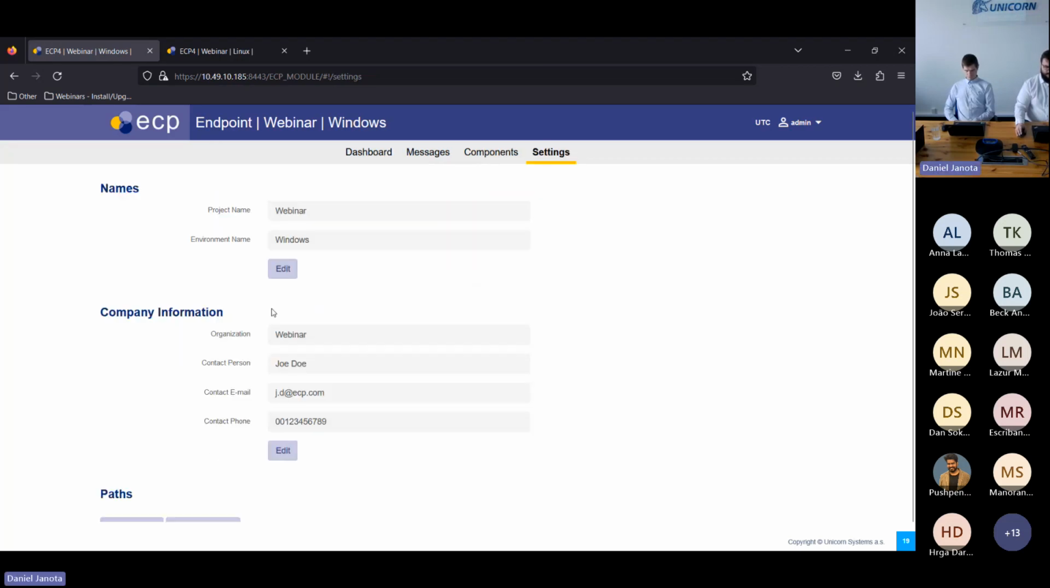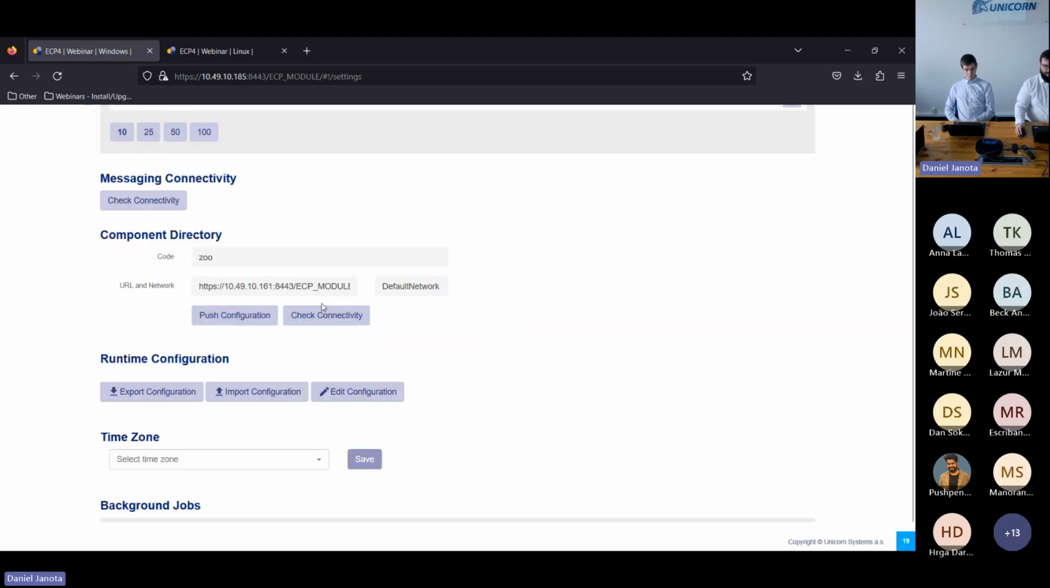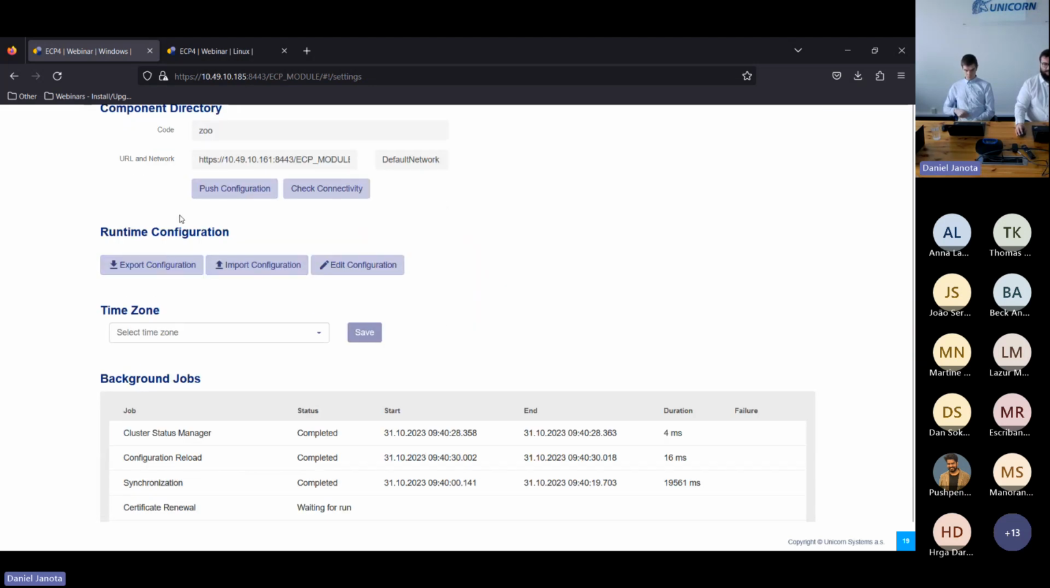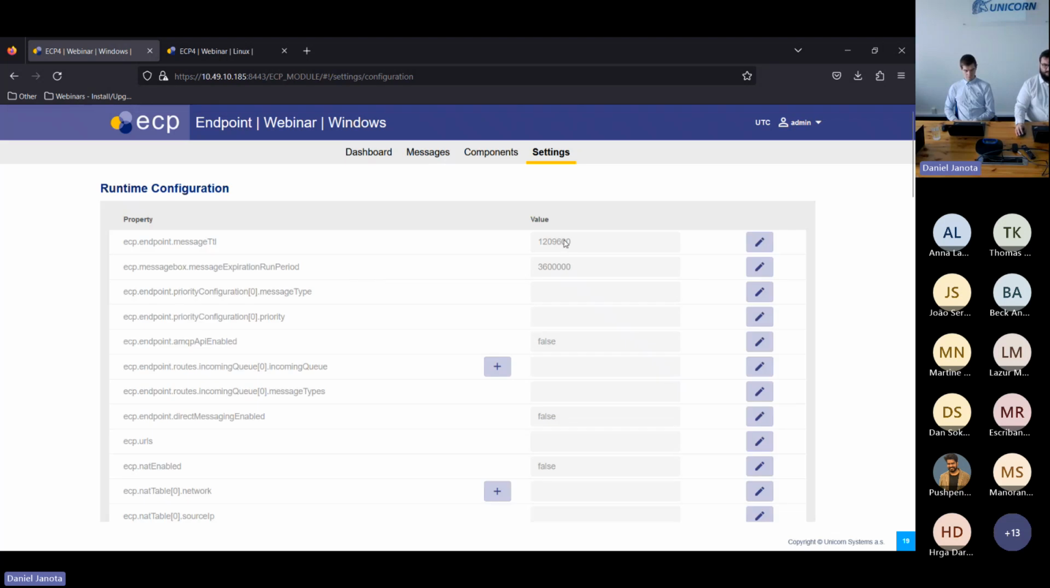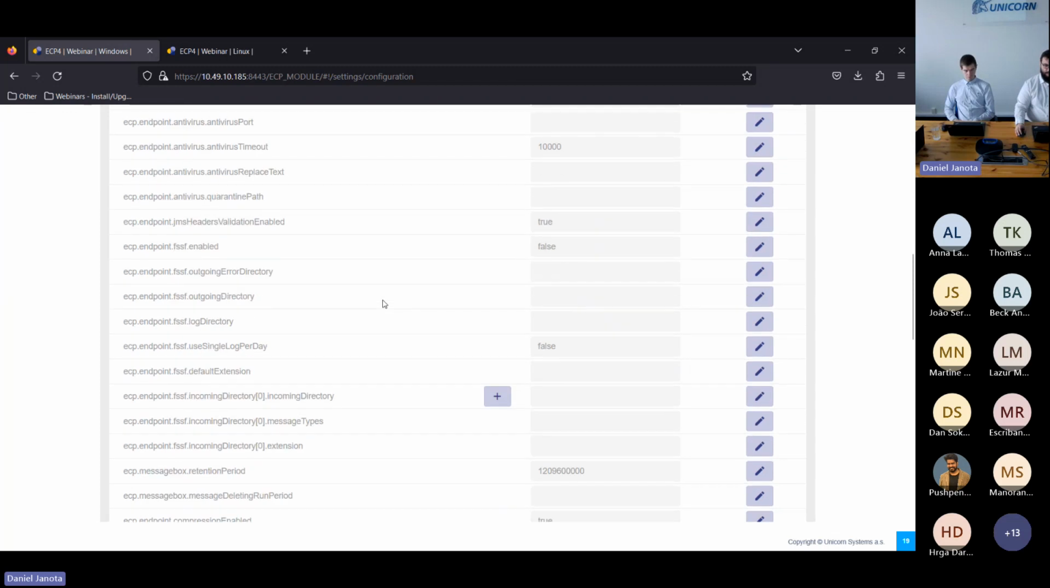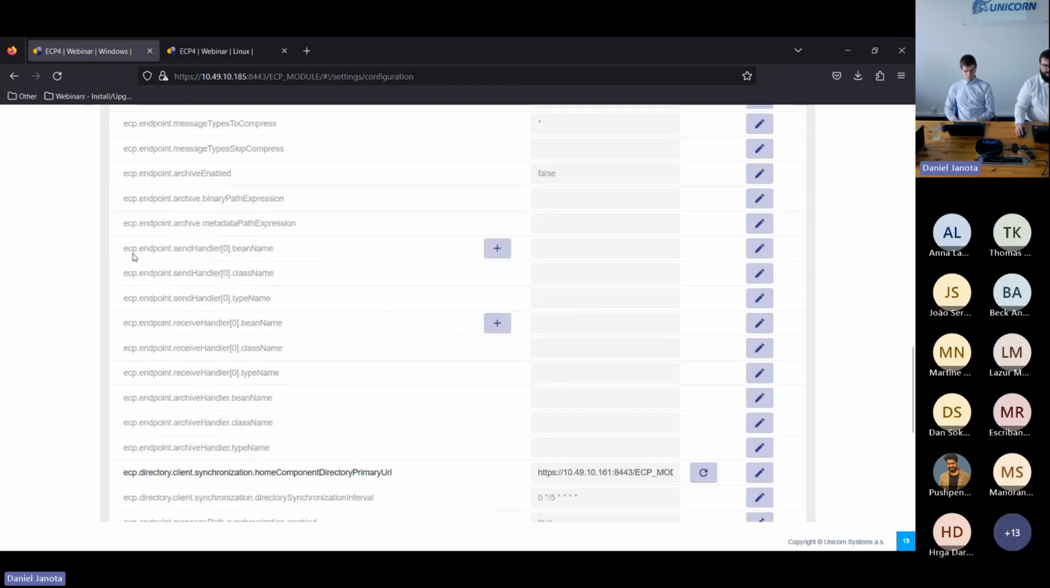So let's move to the next page. And to change the runtime configuration, we have actually two options. We can export it and update the exported file and import it back, or we can change it in the graphical user interface. So I will use this option. I will find the ECP endpoint MQB API enabled property and set it to true, confirm configuration, and then also find those two ECP endpoints handler bin name and type name,